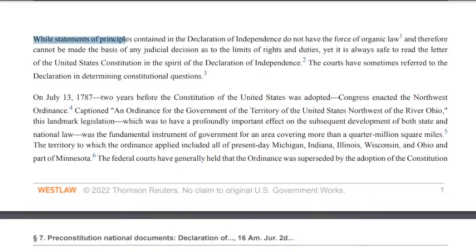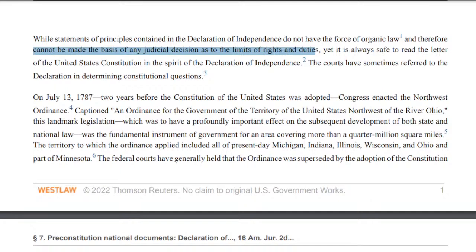While statements of principles are contained in the Declaration of Independence, they have no force of organic law, and therefore cannot be made the basis of any judicial decision as to the limits of rights and duties. You get that? The Declaration of Independence is not going to be cited in a judicial decision as to limits of